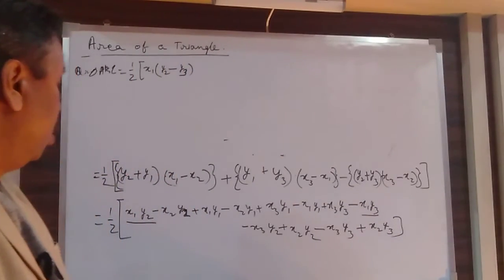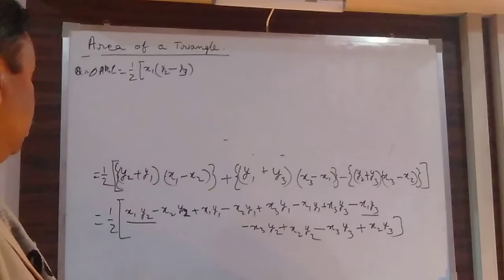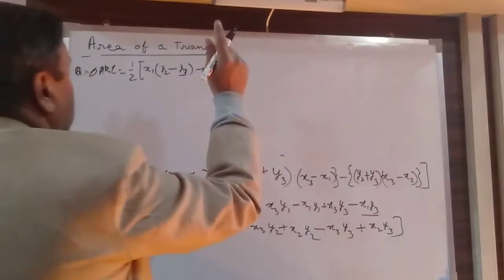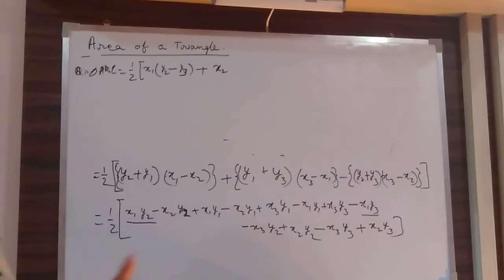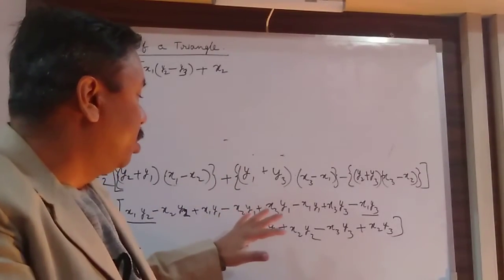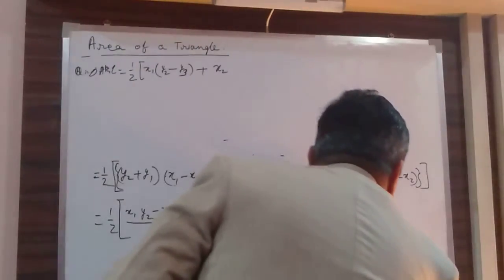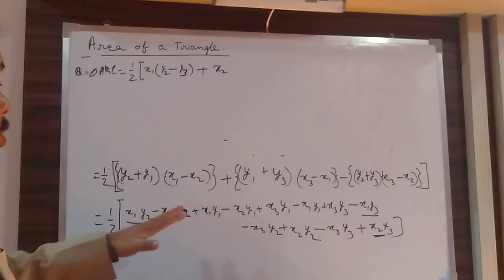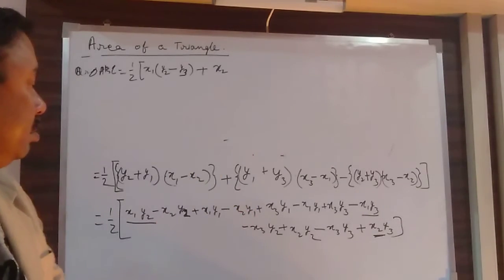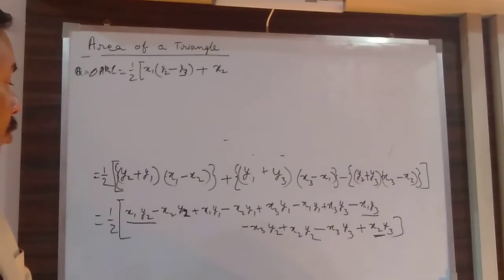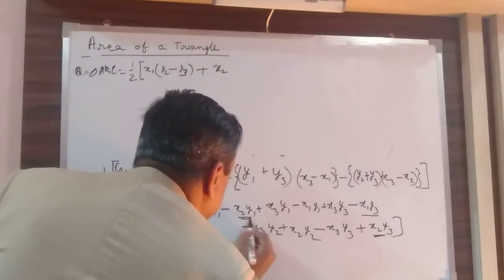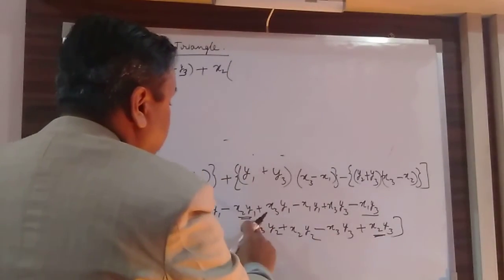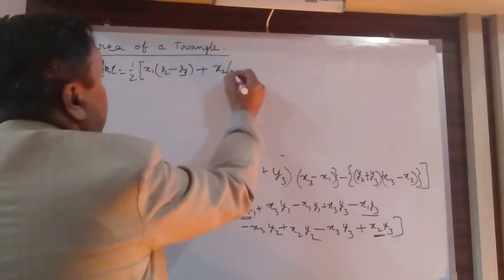Okay, now the other thing, plus if I go with x2, I will take x2 y3 from there with plus sign, minus x2 y1. Where is it? x2 y1, it is there. So now from these two I will take x2 common, and it will become y3 minus y1.